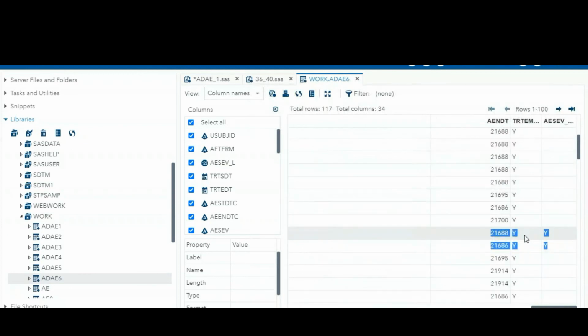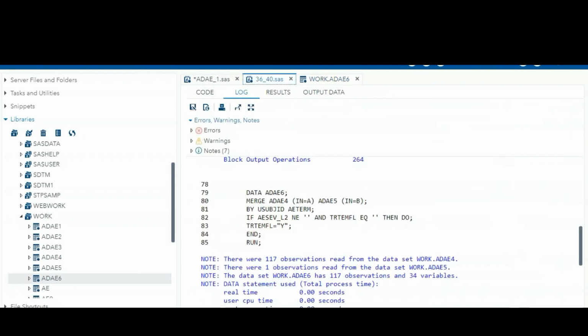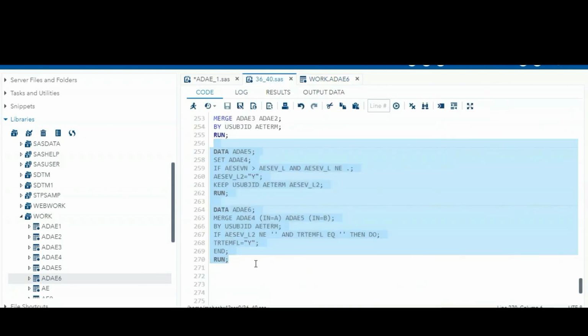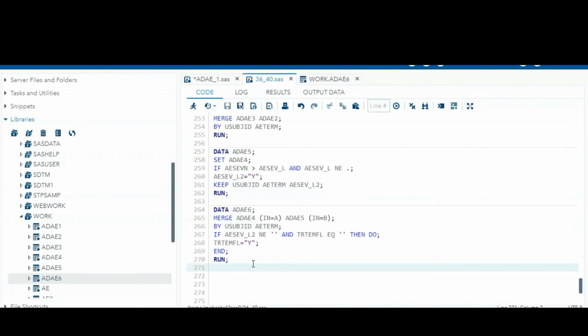Now the treatment emergent flag was populated for this record also. Okay. Before that we didn't have this one, so now we are having this also. So that was there prior to the treatment, even though the severity was increasing. So that's why we are adding the adverse event to this one. Okay. In this way, the treatment emergent adverse event flag was derived.